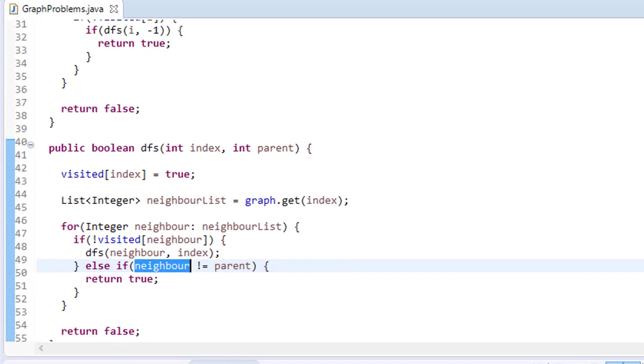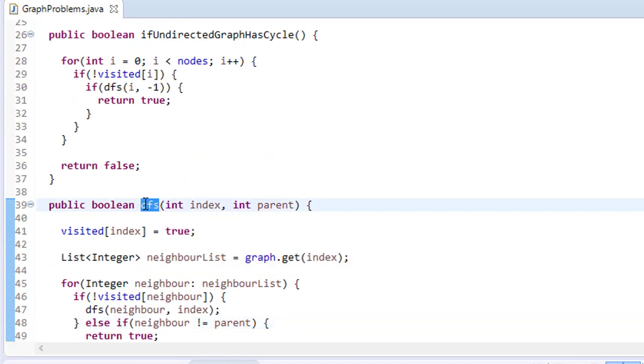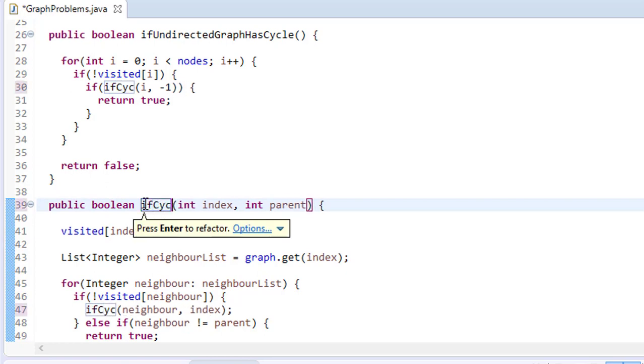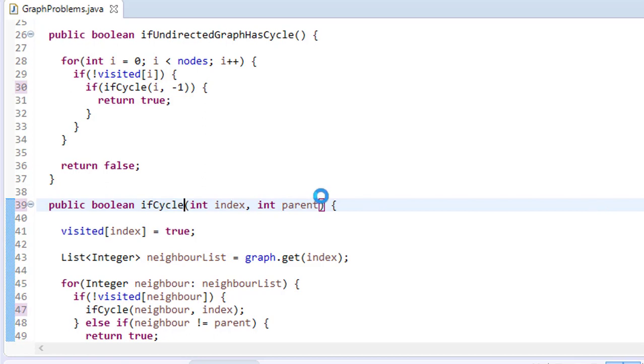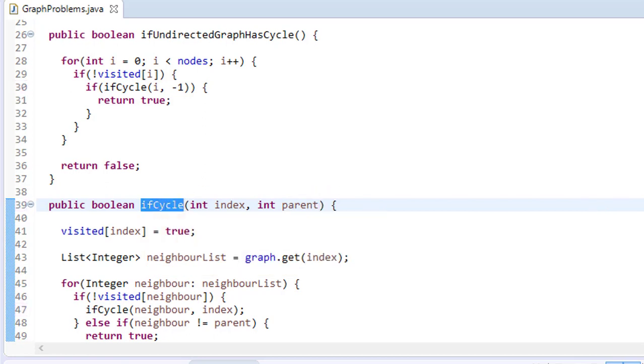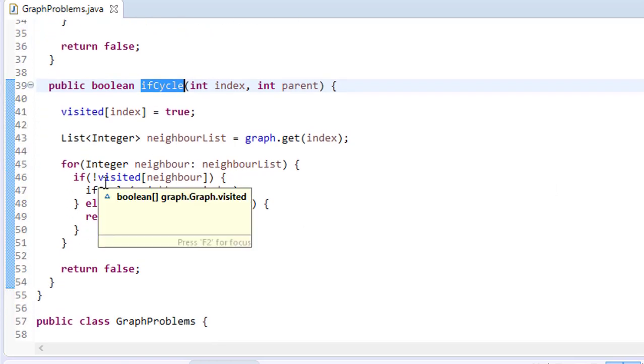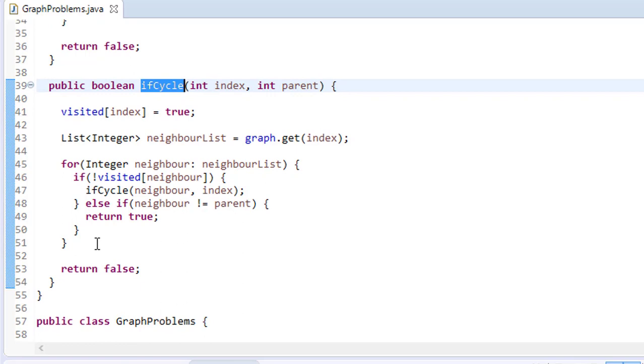Because we were mentioning DFS here, you can call it as if cycle. So we can have if cycle, right? This if cycle function checks whether there is a cycle or not. In this case, when the element is visited and the neighbor is not equal to the parent, we can say yes, there exists a cycle, right?